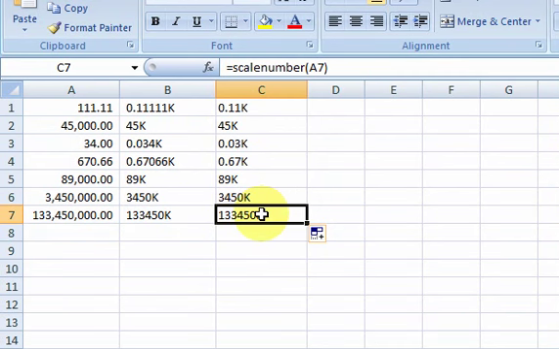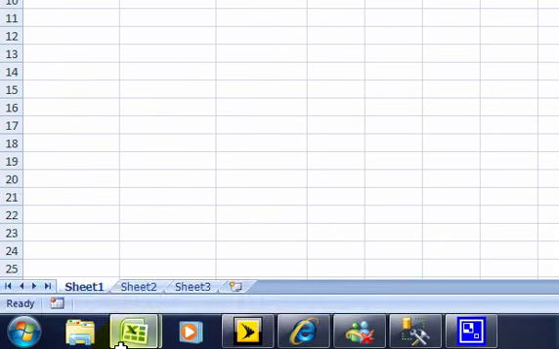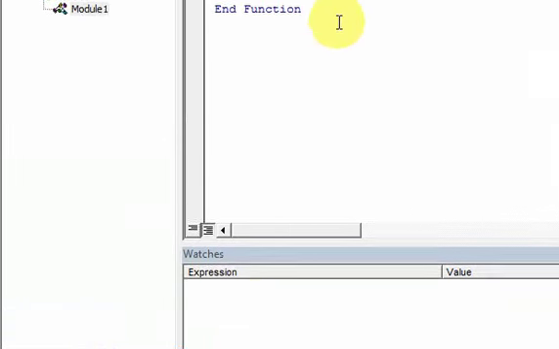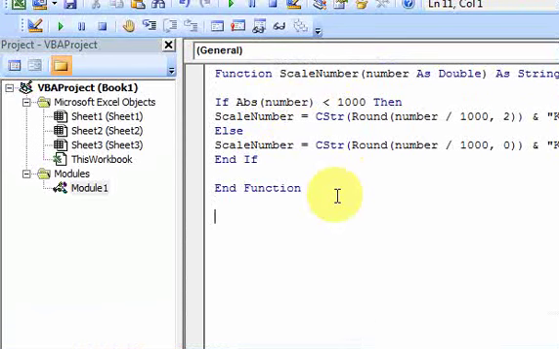133,450,000. The K stands for 1,000, right? So this is too big, so I have to do something about this. Well, what I can do now is I can write another function. So I want to do something like this. I want to write another function